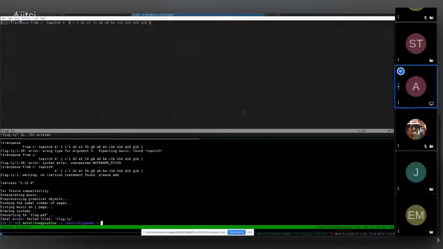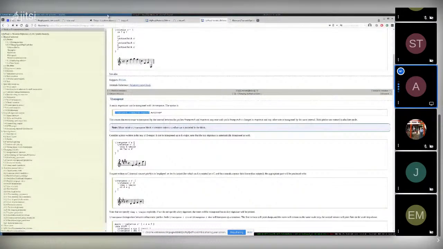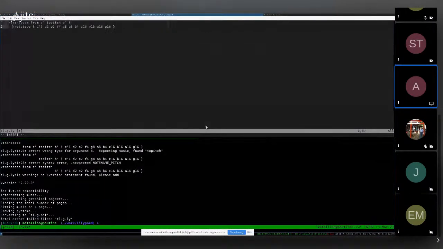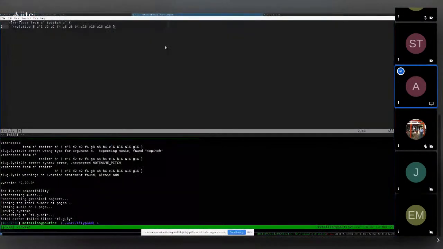Okay, I have some syntax errors. I'm not going to debug all of these right now, but apparently it is possible. Don't you just take the from and to pitch out of there? From pitch and to pitch are placeholders. Yeah, just delete those. Take out the from and to pitch. Oh, right, and also I need a bracket.